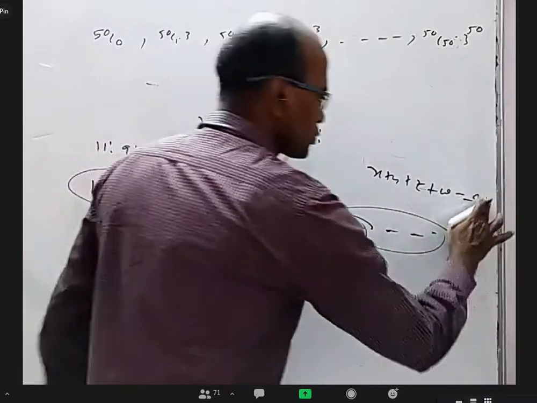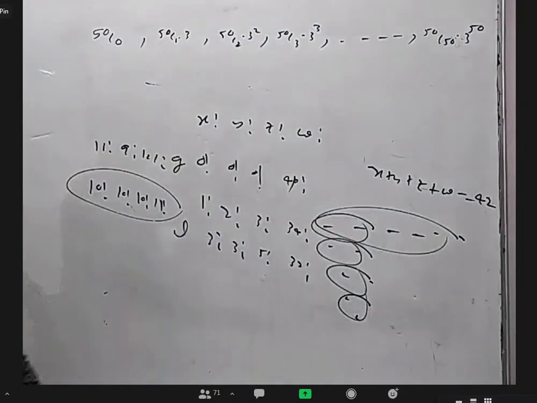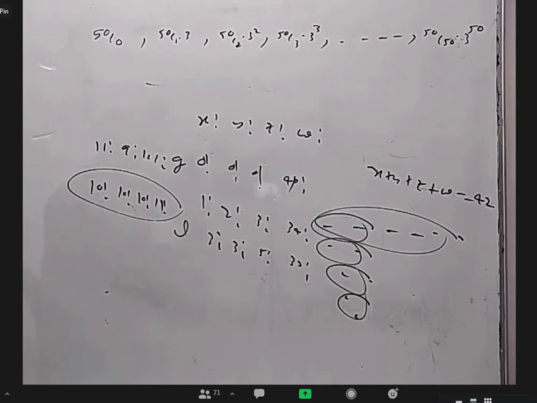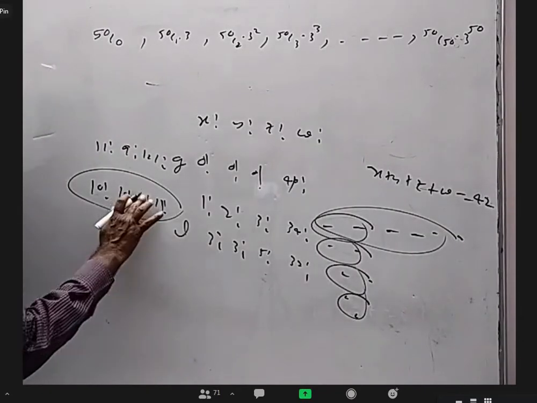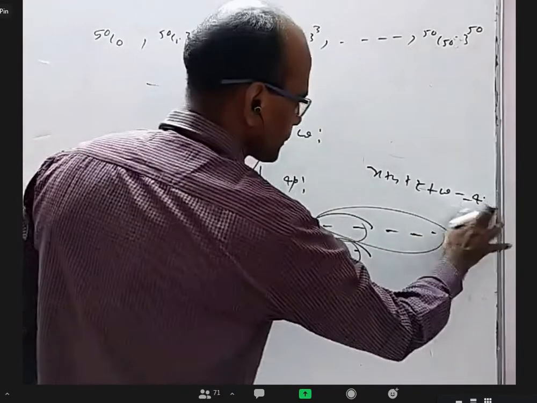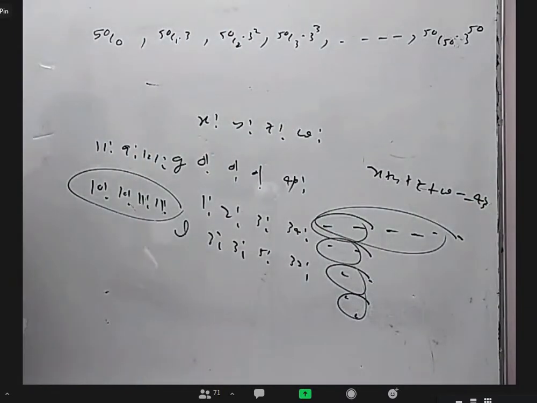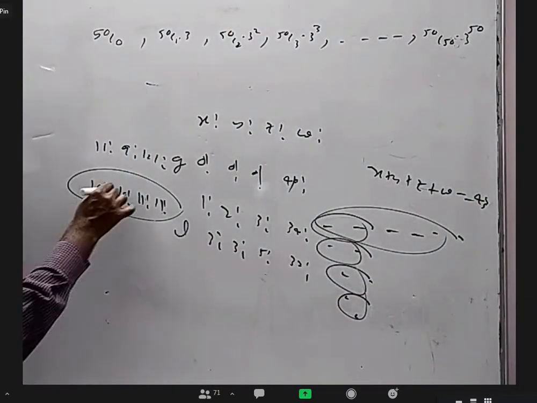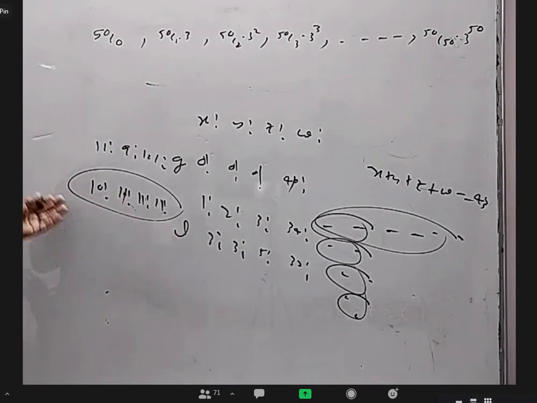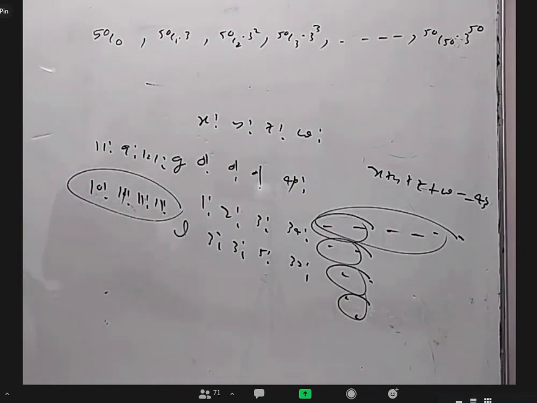If it is 42, 10 factorial into 10 factorial into 11 factorial into 11 factorial. Yes. If it is 43, 10 factorial into 11 factorial into 11 factorial into 11 factorial. And if it is 44, again all 11 factorial. Okay. So I can teach this on the first day because this is only about factorial, right? Nothing else. Okay.